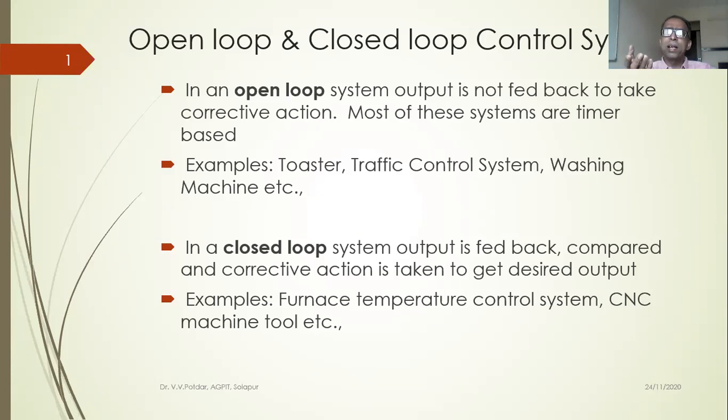How does it do that? By providing one sensor, and that sensor will be sensing the temperature within the furnace on a regular basis, and it will be giving a feedback to my controller, to my comparator first of all. If the present temperature is 900 degrees Celsius, the transducer which is sensing that temperature will give the feedback corresponding to 900 degrees Celsius. My set value is 1000 degrees Celsius. So whatever is the deficit of 100 degrees Celsius, the controller will give signal to the heating devices.